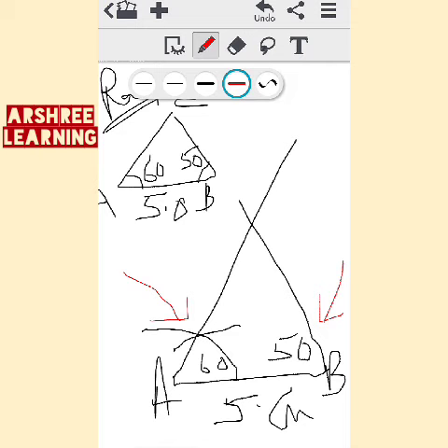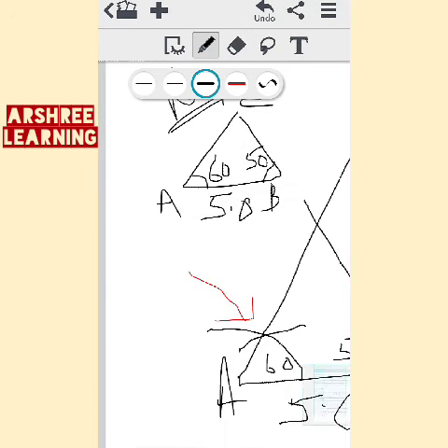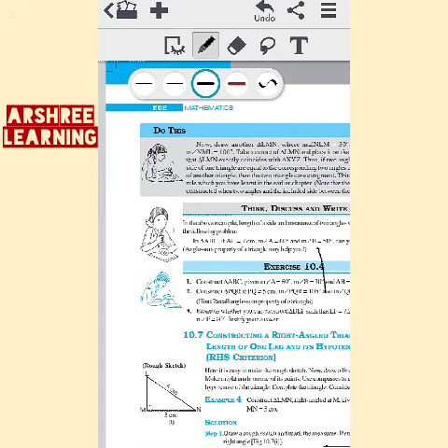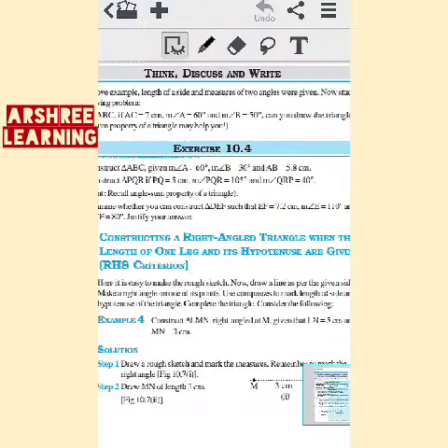You will write the step: draw a line AB is equal to 5.8 centimeter. Then you will write construct angle A is equal to 60 degree because you are constructing, and for B you will write draw angle B is equal to 50 degree because you are drawing it, you have not constructed the angle. And then in the next step you will write that the figure has been made. So this is a simple construction where you have used the property of construction where two angles are given.